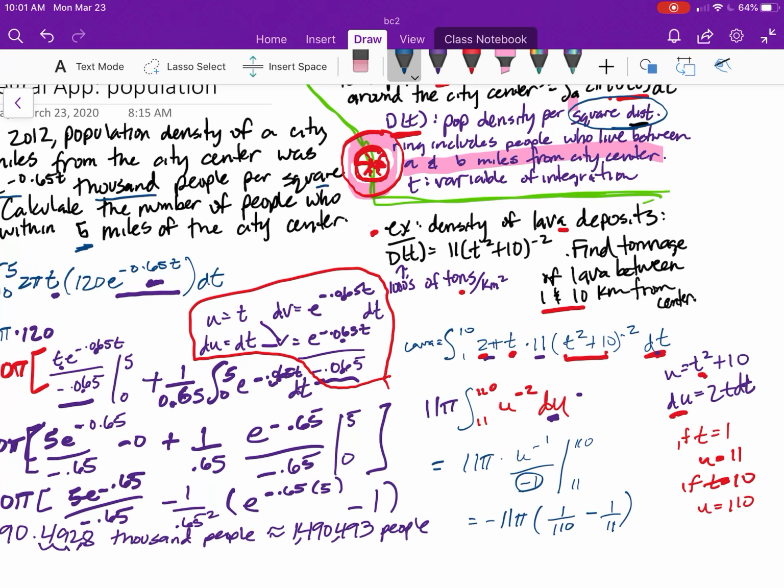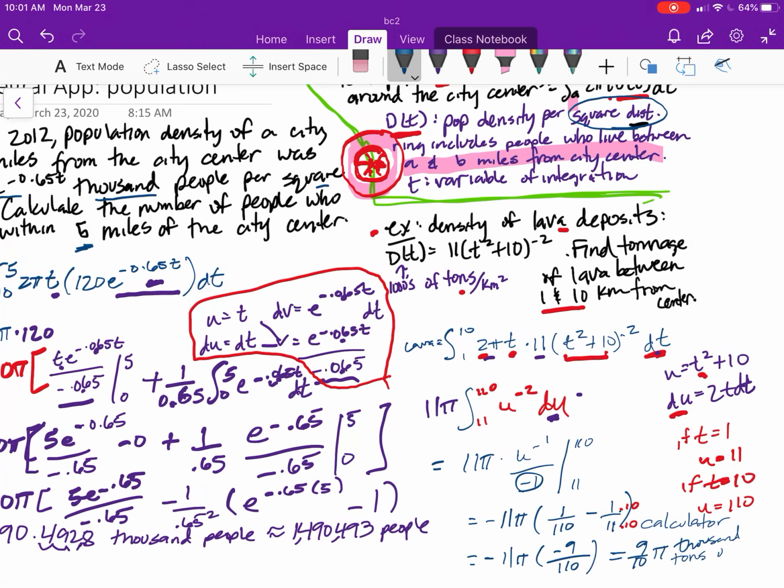And, you know, getting a calculator would make more sense. But we could go a bit further, right? Multiply by 10 over 10 here. Then I'd have negative 11 pi times negative 9 over 110, because 1 minus 10 is negative 9. And 11 and 110 can cancel to 10, and then negative times a negative, 9 tenths, and we have a pi. Okay, and it's in thousands